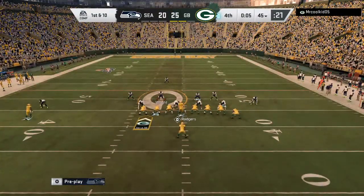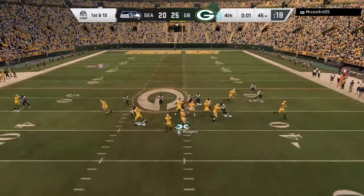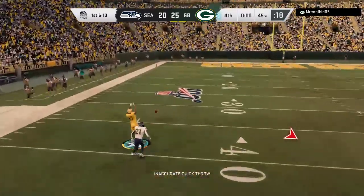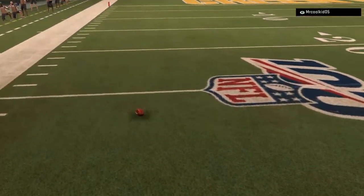30. General West. 50. Rodgers looking to throw. And it's incomplete. Still throwing to the very end. But now this game